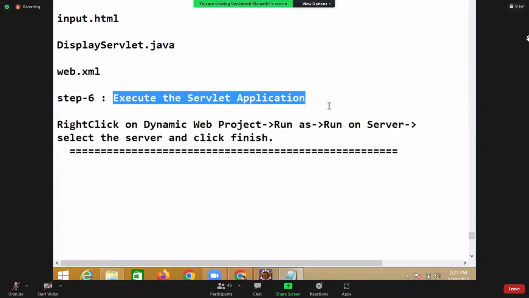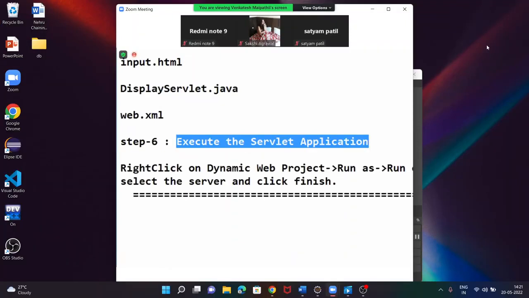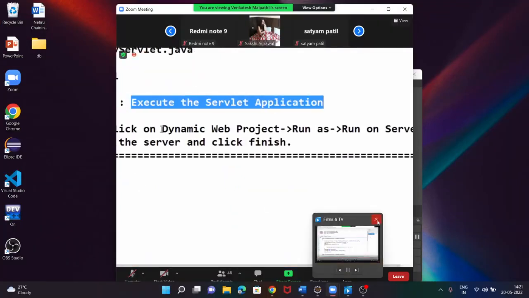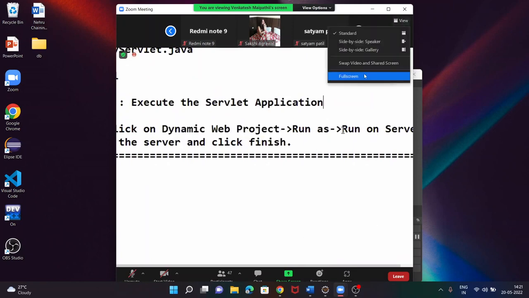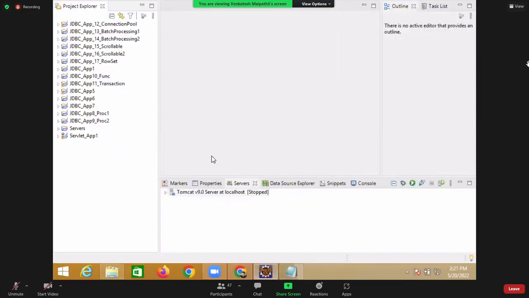And guys, right before coming to tomorrow's class, I want everyone to please practice this program minimum 3 times. Okay. So right click on dynamic web project, then run as, run on server, then select the server type and click finish. See, I am running. Right click on the application,